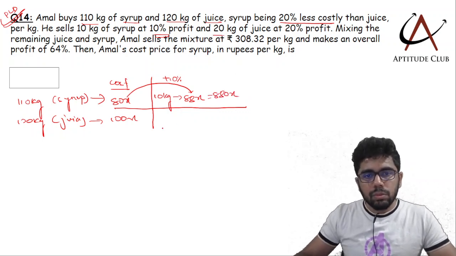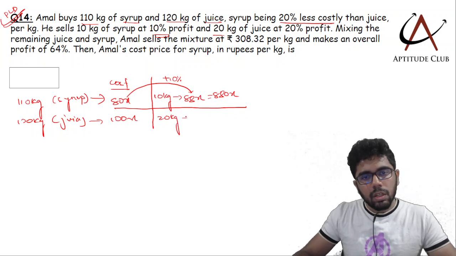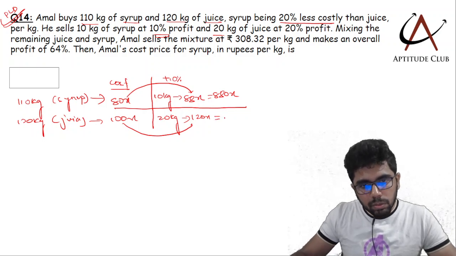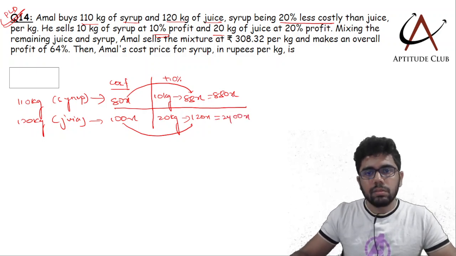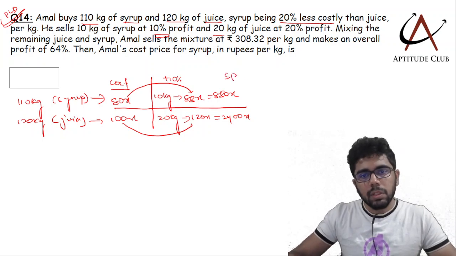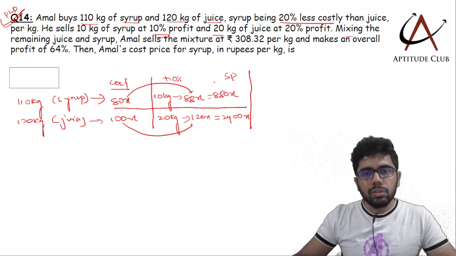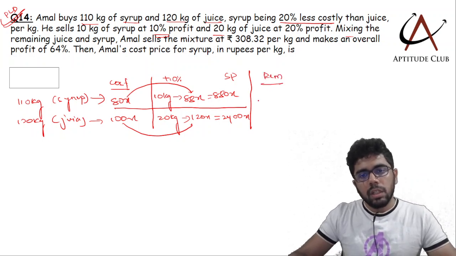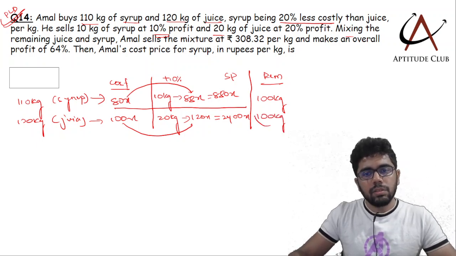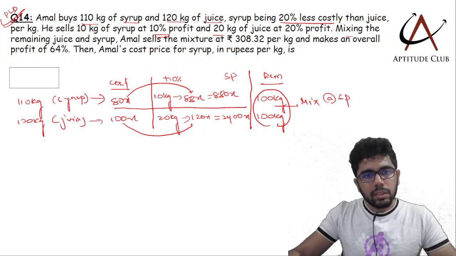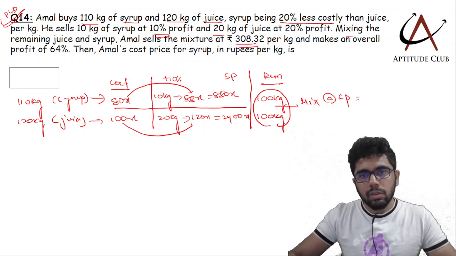And 20 kg of juice had a 20% profit. So ये 120x. So 20 into 120, 2400. तो इतना मेरे को सेलिंग प्राइस मिला अगर मैं प्रॉफिट में सेल कर रहा हूँ. मिक्सिंग द रिमेनिंग जूस, और कितना रिमेनिंग रहा, आई एम लेफ्ट विथ 100 kg ऑफ सिरप एंड 100 kg ऑफ जूस. ये जो रिमेनिंग मिक्सचर है, इसका सेलिंग प्राइस एट